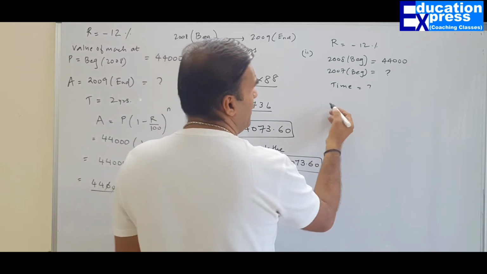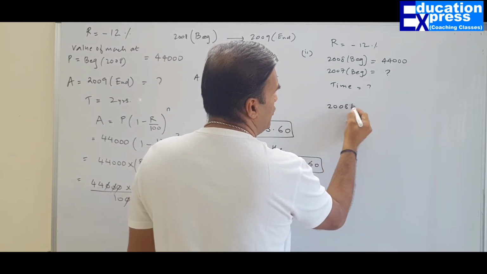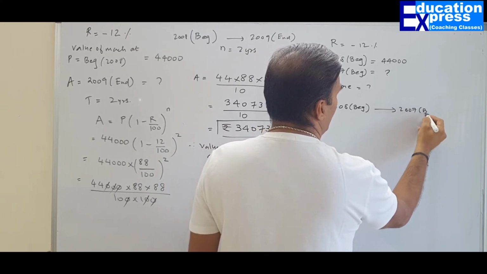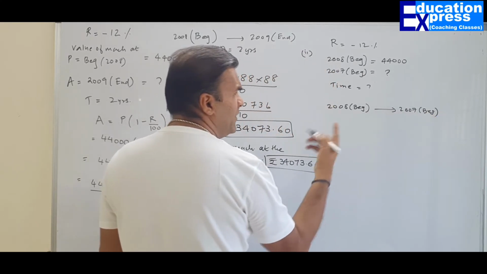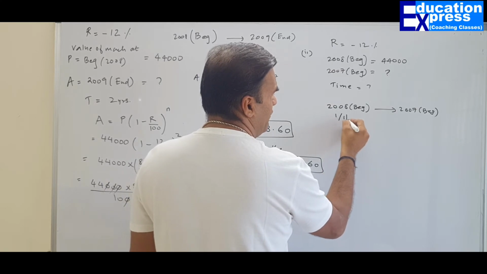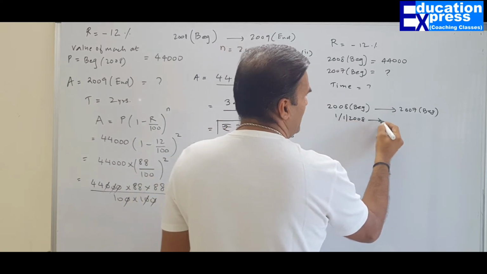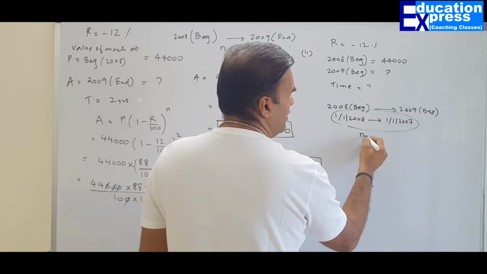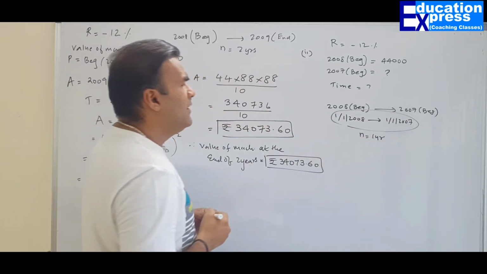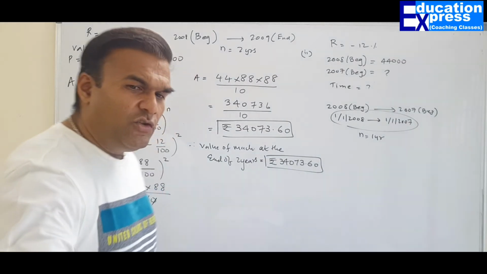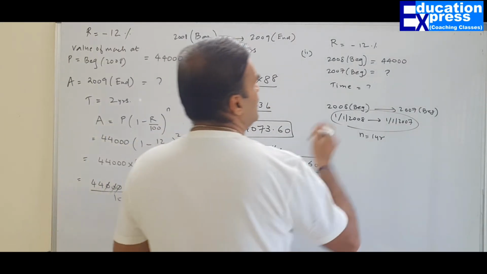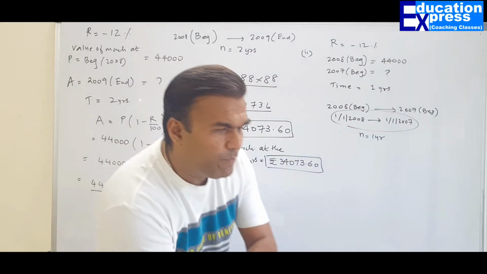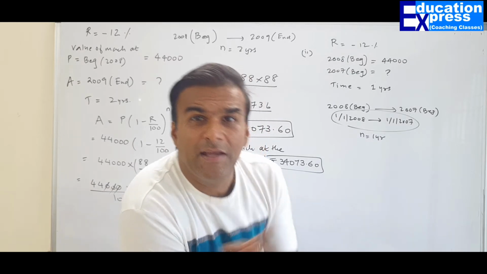You can make this graph if you still don't understand. 2008 beginning to 2007 beginning. Beginning means always the first day of the year. So it will be 1/1/2008 and 1/1/2007. What is the time duration? Sir, it will be simple, 1 year only. Of course, 1 year time. Since you know the time duration is 1 year, it will be 1 year. Remember, my dear students, most of the people make mistakes in this only.